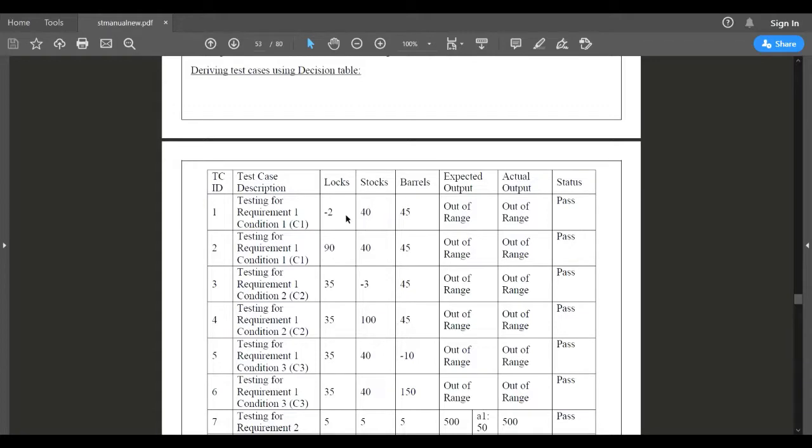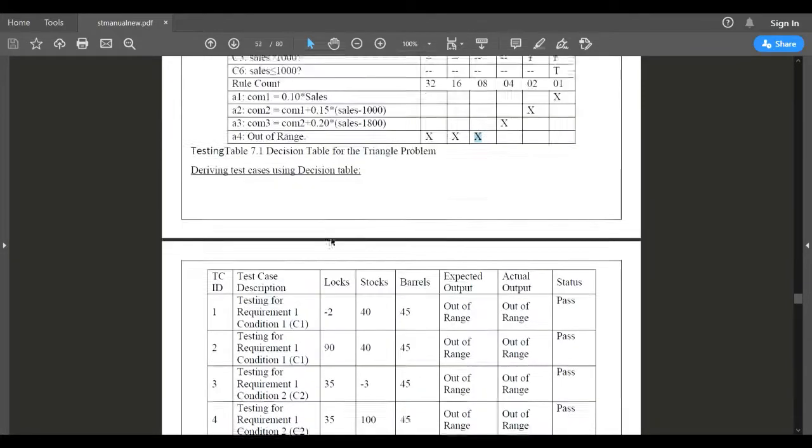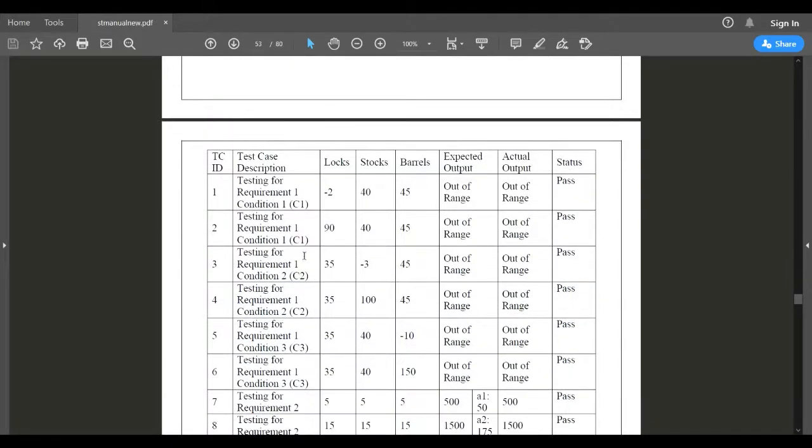Lower limit means invalid input of the lower limit, invalid input of the upper limit, and the other 2 inputs should be valid input variables, that should be nominal. Similarly, now I'll move to condition 2. Condition 2 is nothing but stock value should be false. So stock value should be false means 2 test cases, that is, the lower limit of stock and the upper limit